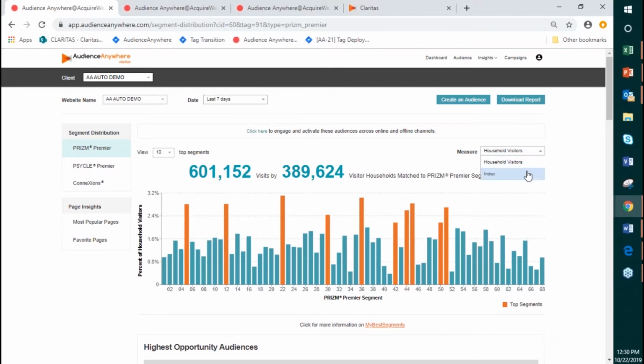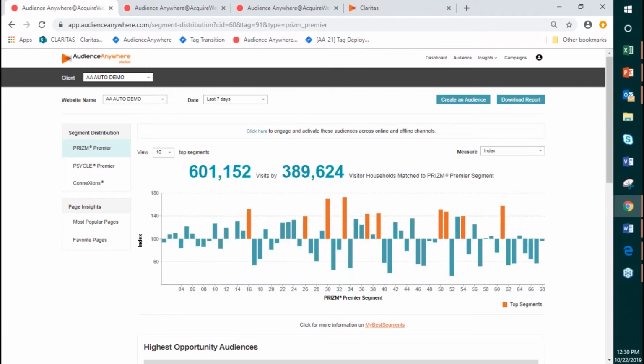However, a lot of Claritas current customers like to view this measure by the index, and the index offers you a slightly different view. An index of 100 is a completely normal index. That means it's no more likely than average hit on your website for that segment to come based on the